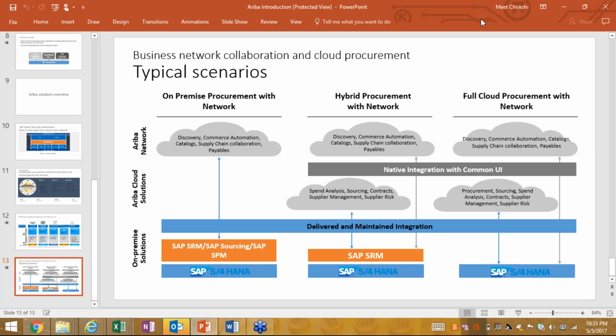It depends on which product of Ariba we are using. Let's say we are creating contracts in Ariba and then we want to replicate the contracts into ECC. Then we can select which contract we want to replicate back to ECC. It's kind of a manual step. You send the contract to an external system, select which ERP you want to send it to, and in that case we will send the contract.